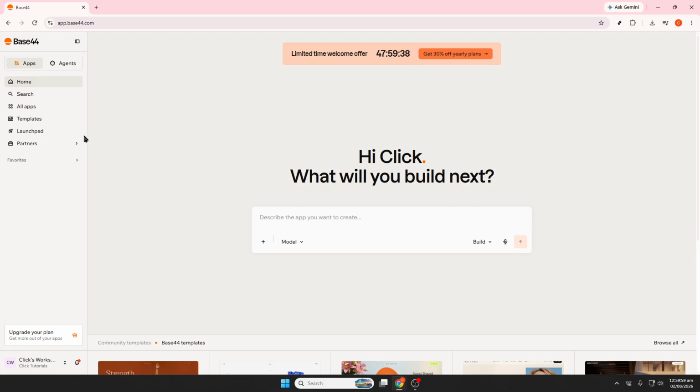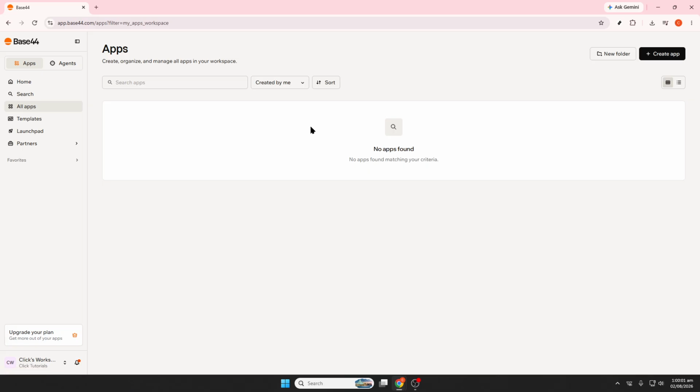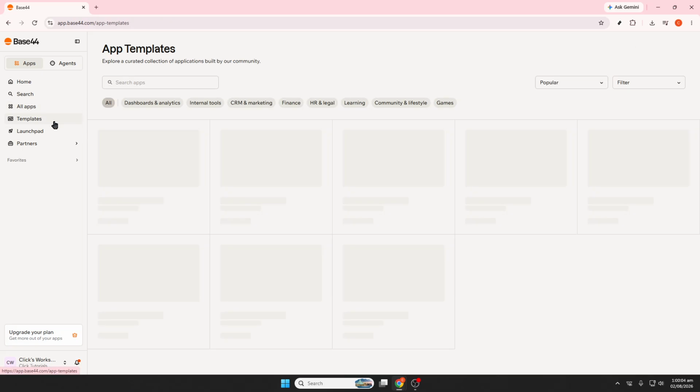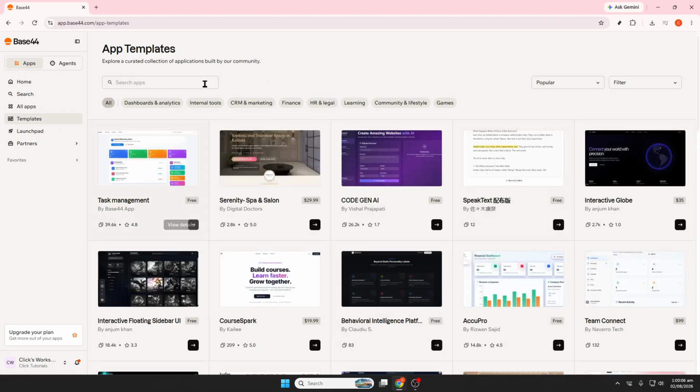Finally, if you find that you need more credits, you can upgrade your Base44 plan or purchase additional credits if that option is available in your account. That way, you can continue using your integrations without hitting a limit unexpectedly. And that's the